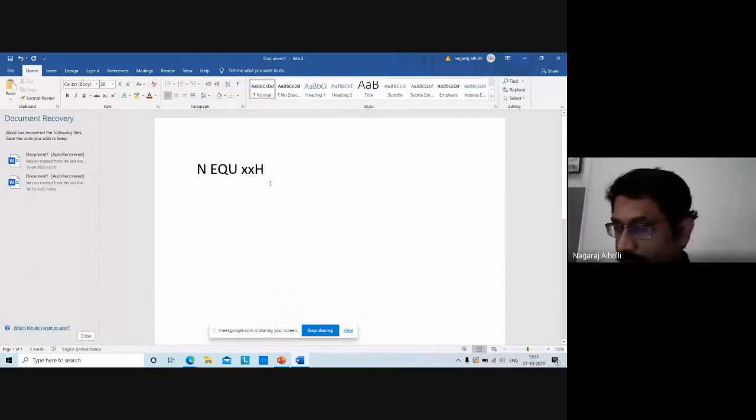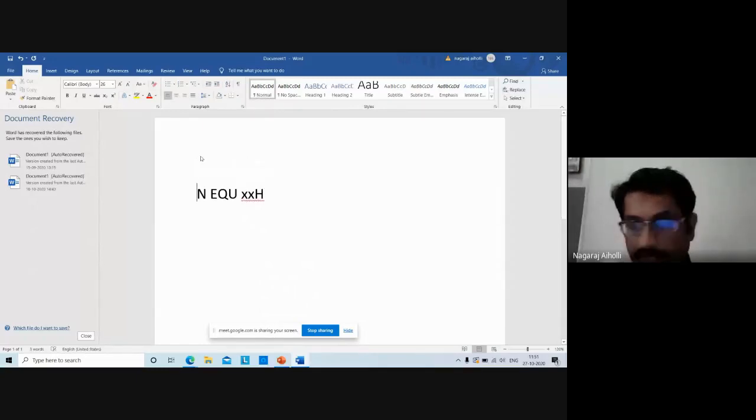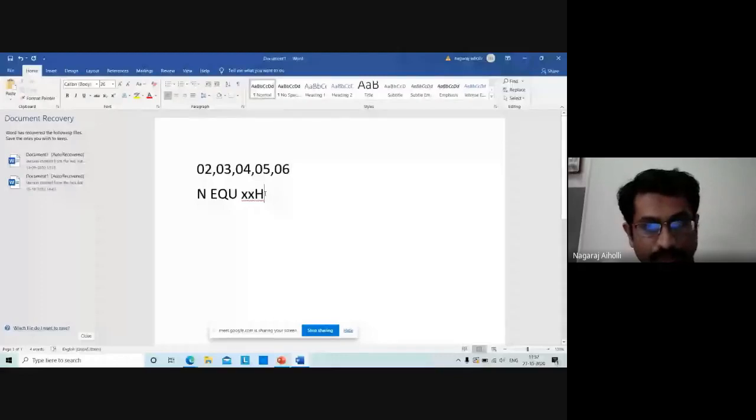Suppose I want to add 5 numbers, I will take these numbers as 2, 3, 4, 5, and 6. Let us take these n numbers. The N value is 5 here. The count is 5. So n equal to 5.